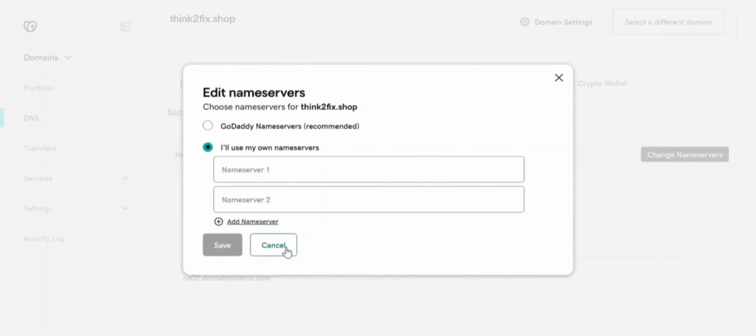After saving, the update process will begin. Once propagation is complete, your Godaddy domain will be successfully connected to your Namecheap hosting. From this point forward, any website changes, file uploads, database management, or email setup should be done inside your Namecheap